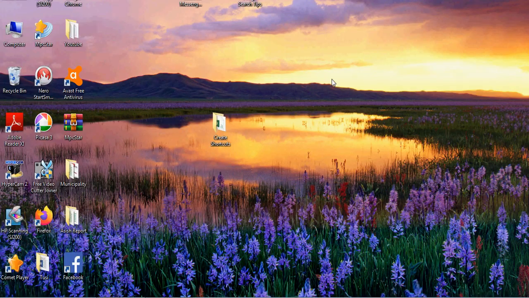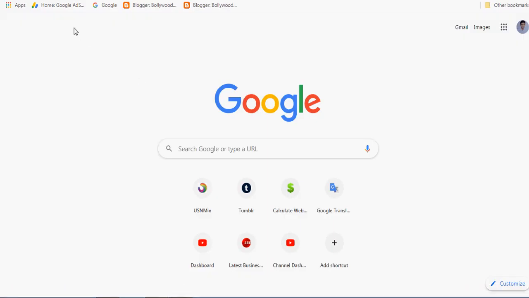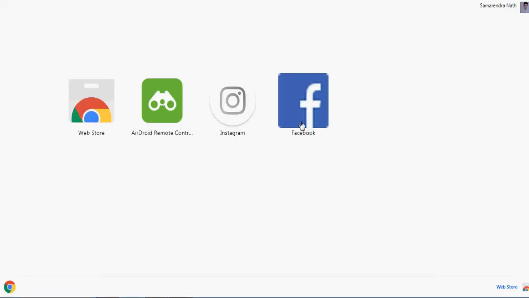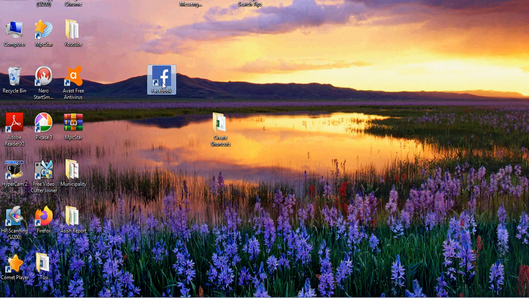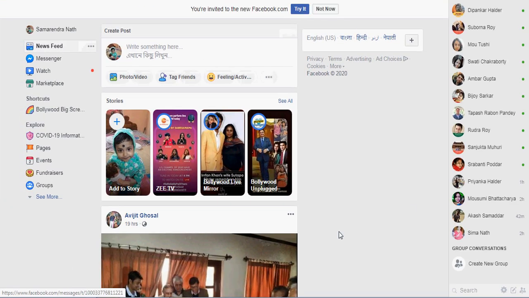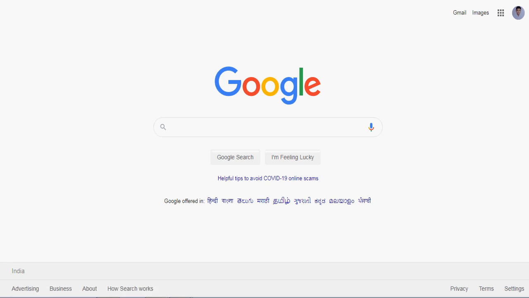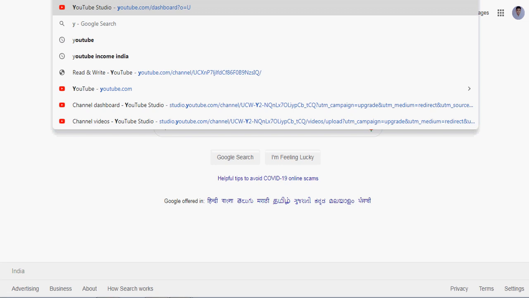See, there is one icon, Facebook, and I also click here from these apps. You can see one app, Facebook, has come in this app section. So from here you just close all the buttons. Now you just double click on these apps, and you can see this Facebook account is open. So it is very easy to use. And another way, I just take another browser, like anything. I just show you my YouTube.